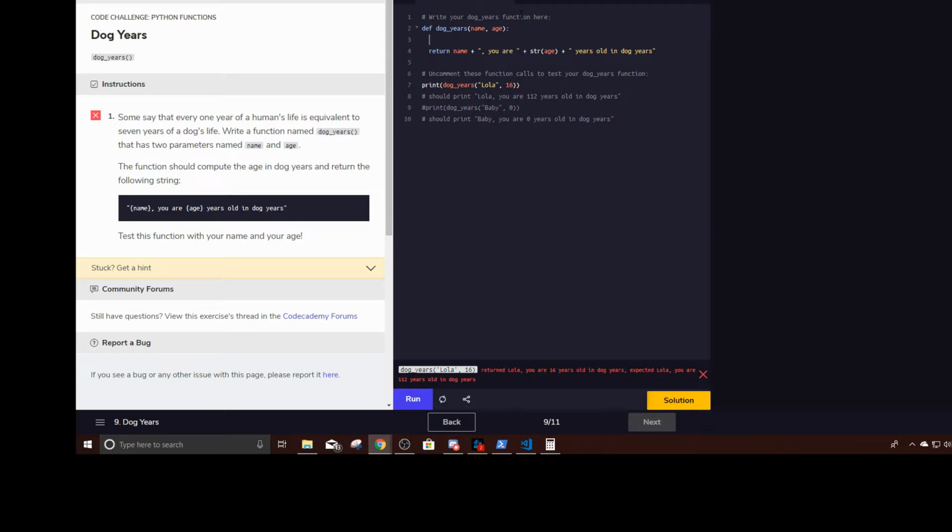Age. Okay. So age is going to be equal to 7 years. Okay, so times that by 7. Okay. And that would equal. Let's name that dog years. Dog. Oh, there's the function. Dog_year. I mean, we're gonna cheat. We can just do that, right? Age equal. Yeah. I mean, technically, but you are right though. You are right in that, right? Okay, you are correct that